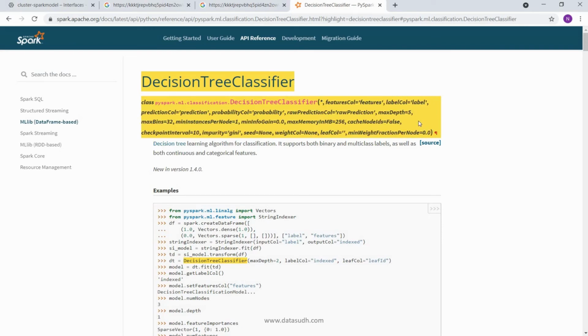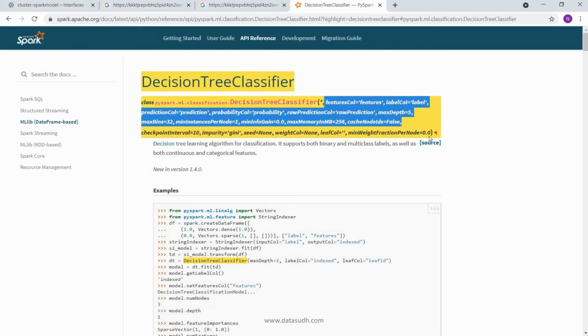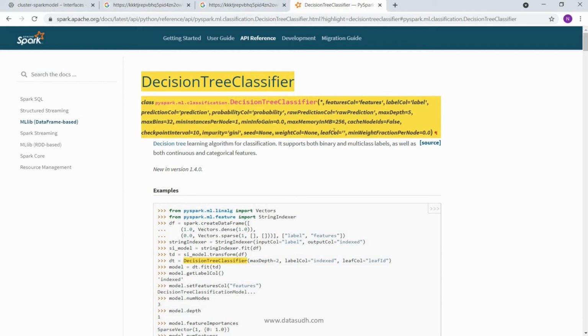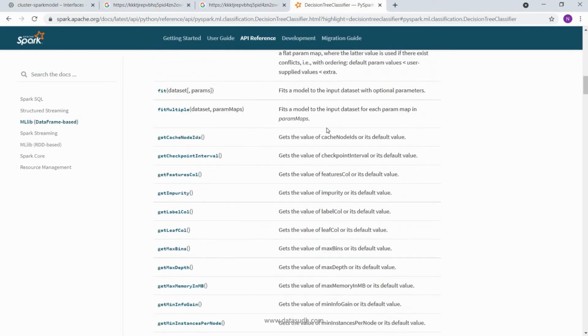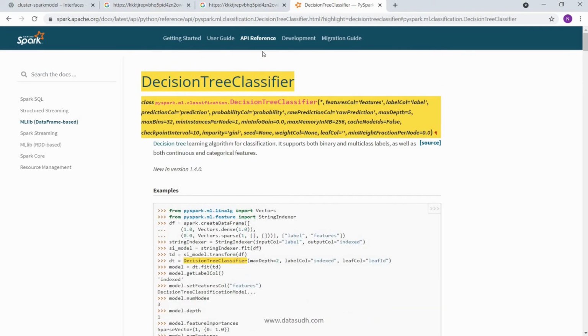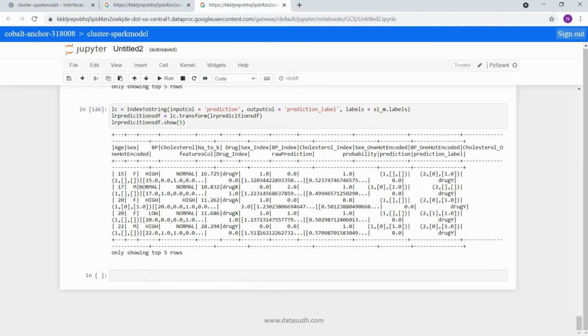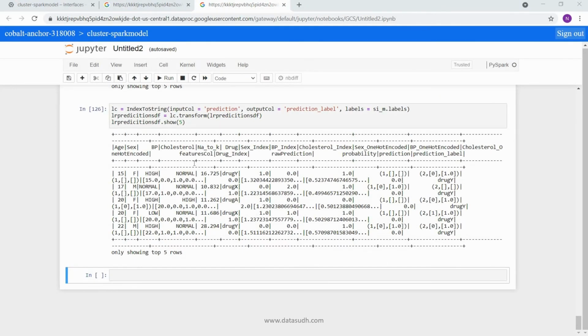So whenever you are doing training on actual data and you want to see different results, or you want to tune, you want to provide some more parameters, you want to tell some inputs to algorithms that this is how please train my model, then you can provide those inputs as parameters, and you can figure out what those are and how to provide them from these API docs. So these API docs are the best reference when you are trying to train and figure out what you can do exactly with your model. Okay. So with that, we have completed our module 2, where we have built and trained 3 classification models.